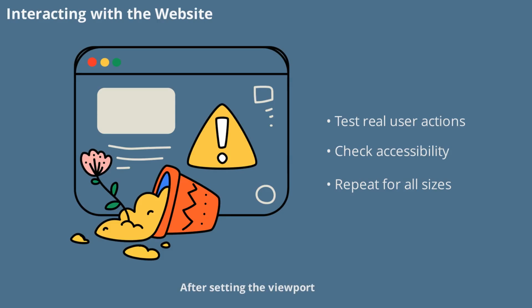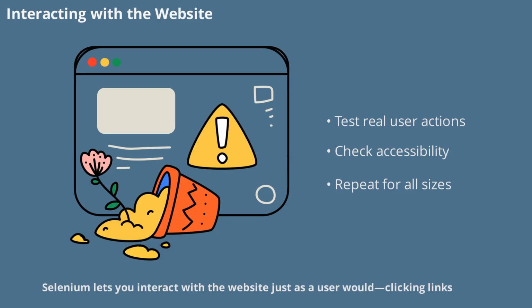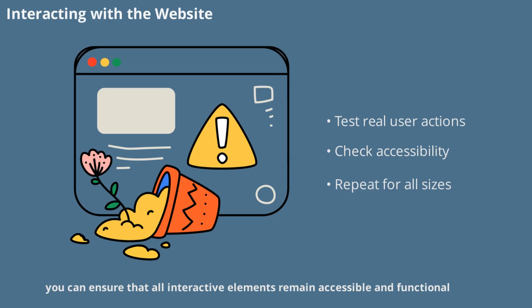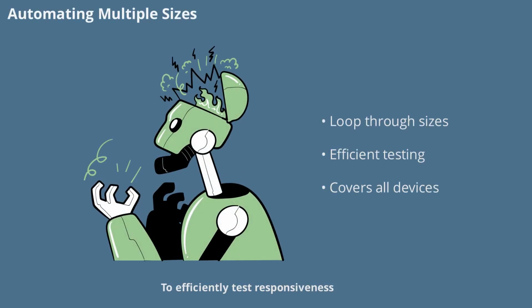After setting the viewport, Selenium lets you interact with the website just as a user would, clicking links, filling forms, or scrolling. By repeating these actions across different viewport sizes, you can ensure that all interactive elements remain accessible and functional, regardless of device. To efficiently test responsiveness, you can use a loop to iterate over a list of viewport